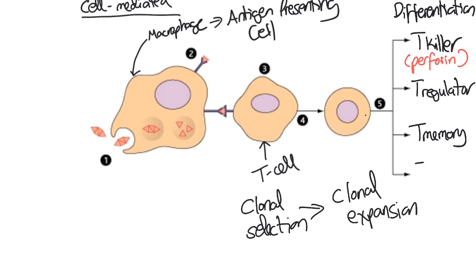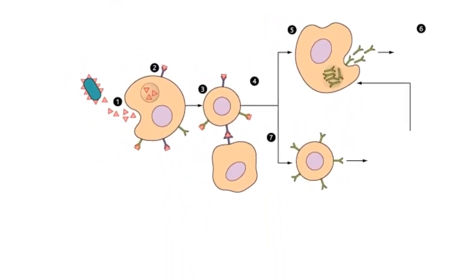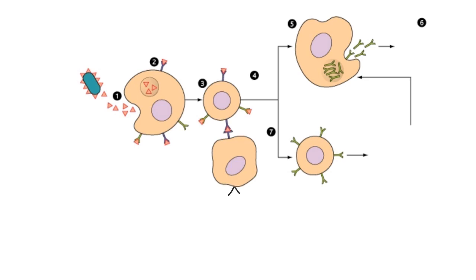And finally, you have the T helper cells. And what the T helper cells do is they are needed here. So that's the T helper cell that was formed in the previous flowchart. Now, they're needed as part of the humoral immune response, which means that these two processes are not completely standalone. They do work together. Now, if it's humoral immunity, we're talking about B lymphocytes.